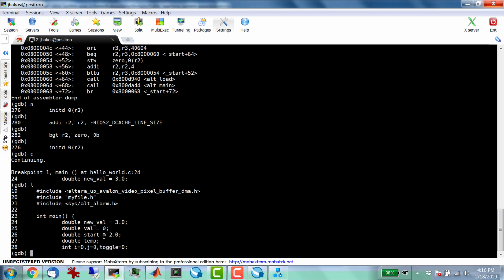At this point, I can hit L now. Yeah, so if you hit L, which is list, you can list the lines around where you're at. So I'm on this line where I set new val to 3.0. It's line 24. And it shows like 5 lines before that and 5 lines after that. Okay. So what else can I do in here? I can print variables. I could say print new val,